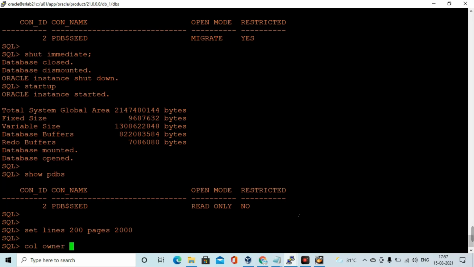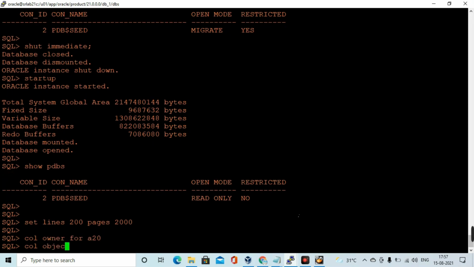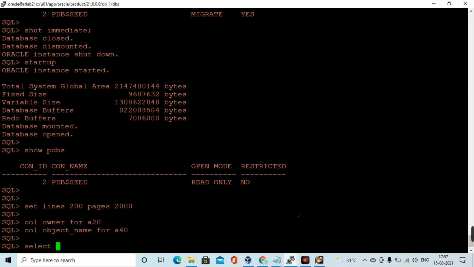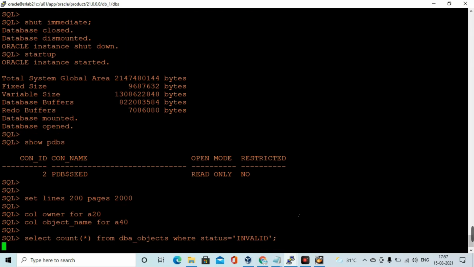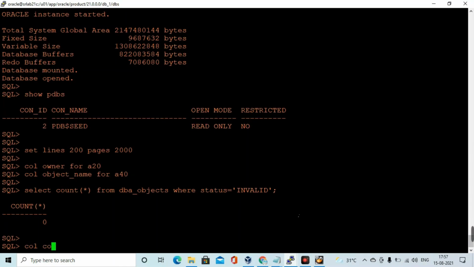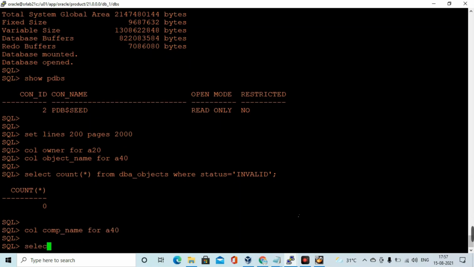So we need to run the utlrp script to make all the objects and components valid. Since I have created the database through the manual method, only 2 to 3 components will be available, not all the components. We have skipped everything else and created the database through the catalog script. Those 2 components and the XDB component will be available.